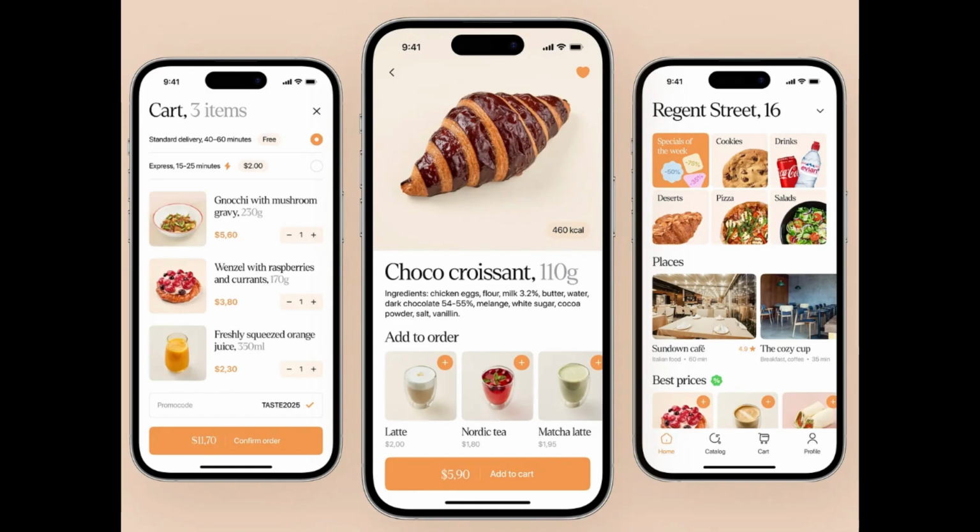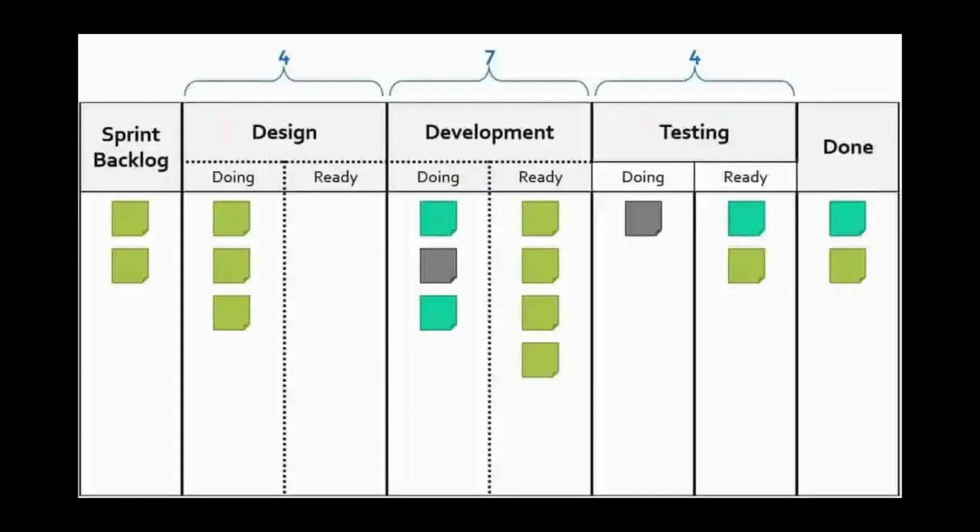For example, a software development project, mobile app. A Scrum team is developing a food delivery mobile app. Some of the transparency practices in this case are